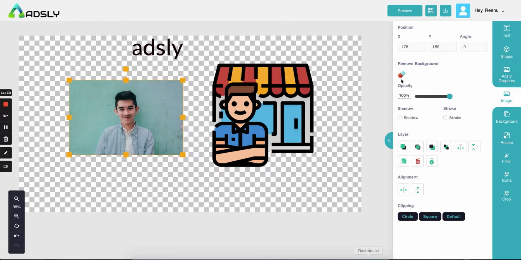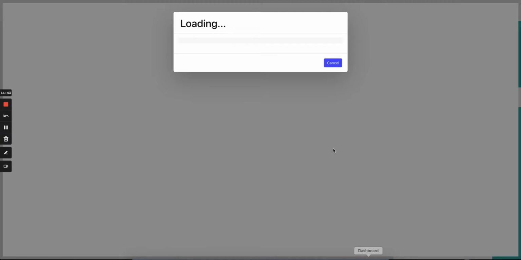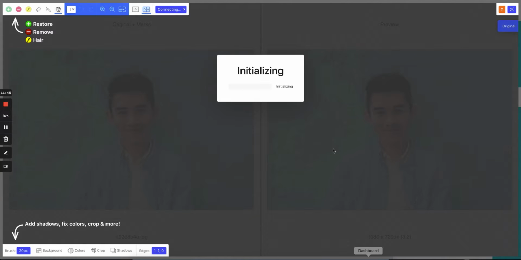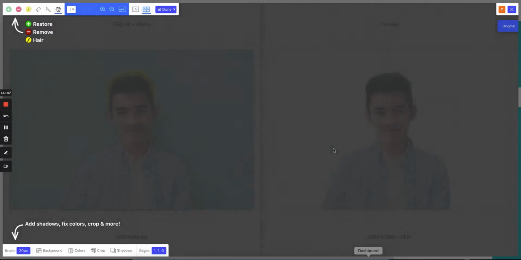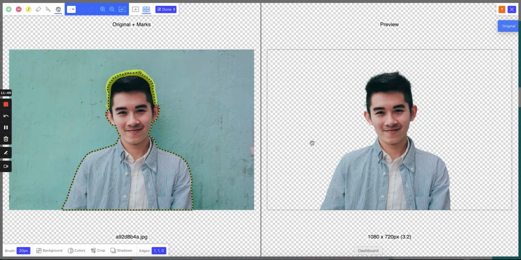Now if I come to this image, again all the options and features remain the same, apart from two features. I can remove the background of this image. This option will help me to remove the background. It has already automatically removed the background, but can you see you also have the option of editing it.